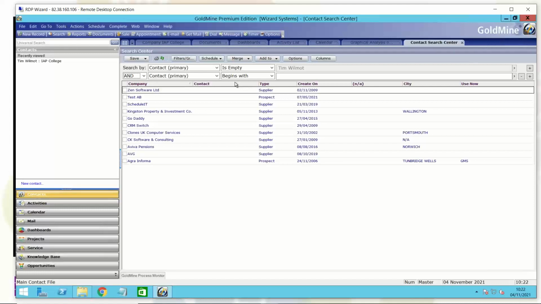Maybe if you've got a large system, maybe you want to send out a survey to your users, just asking for their opinion. Maybe you have internal meetings to discuss your internal business systems, and that might be on the agenda to check on, making sure that GoldMine is fit for purpose, and just really observing your colleagues, or if you're a business owner or a manager, just observing users, making sure if you are in the office now,